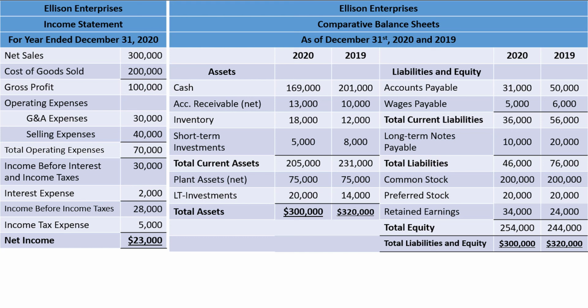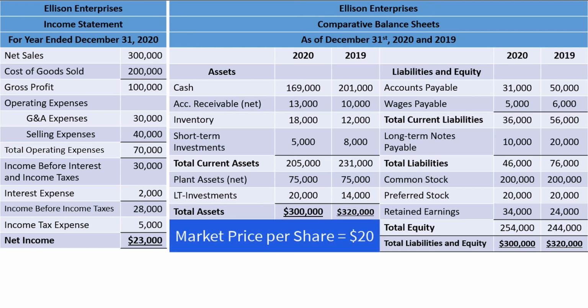Finally, we can move to our last category of ratios, which are the market prospects ratios, which incorporate the price of a stock sold on a publicly traded market. In order to compute the market prospects ratios, we need to know the stock price of the company. Let's assume that this company has a stock price of $20. This value won't be listed in the company's financial statements, but can usually be found online through a Google search.